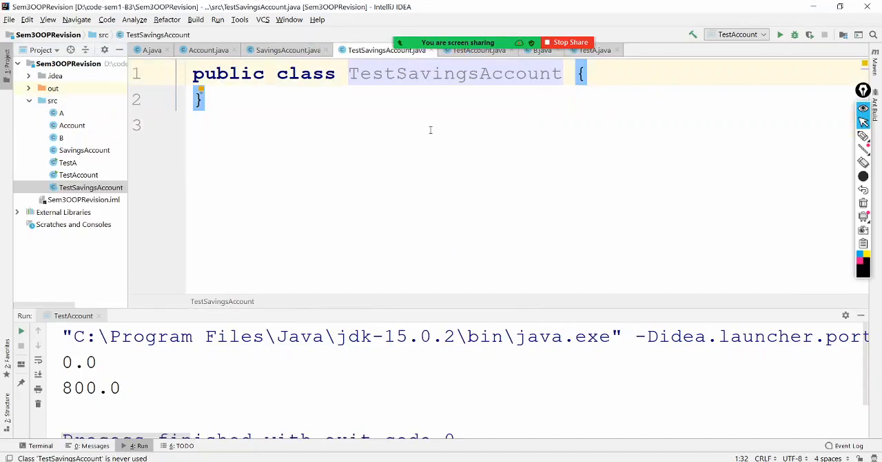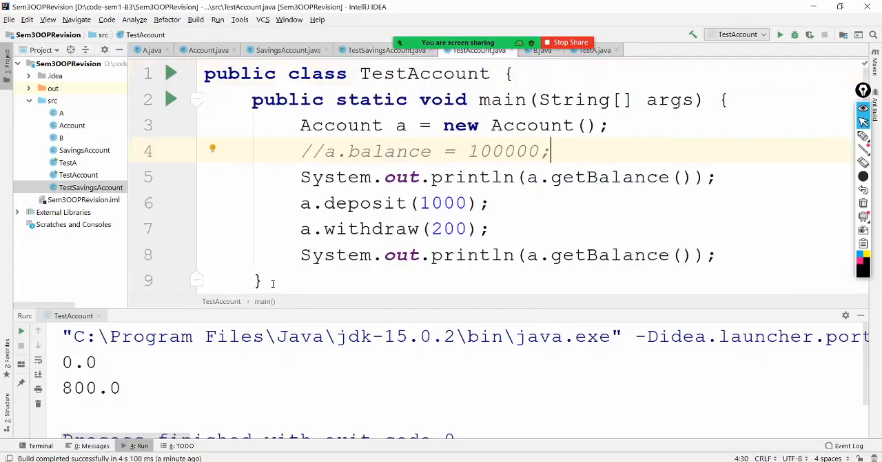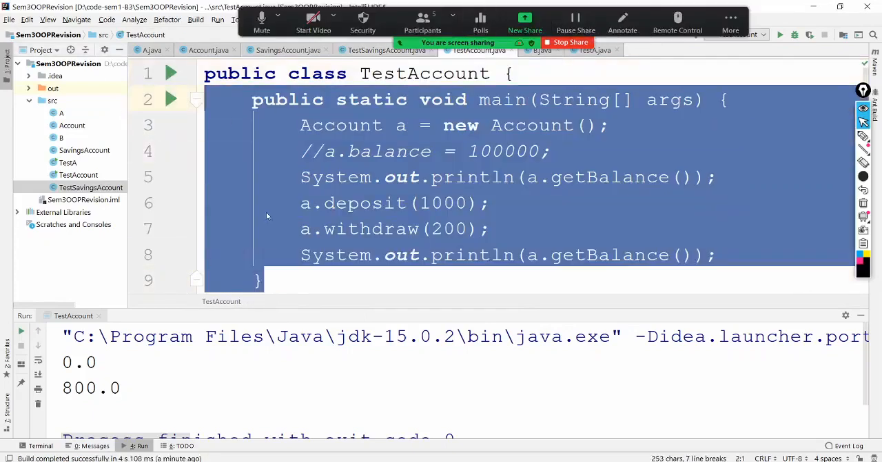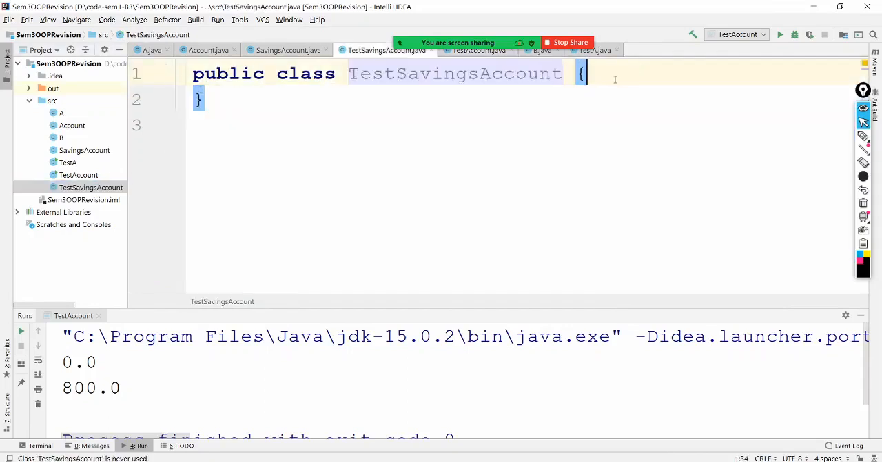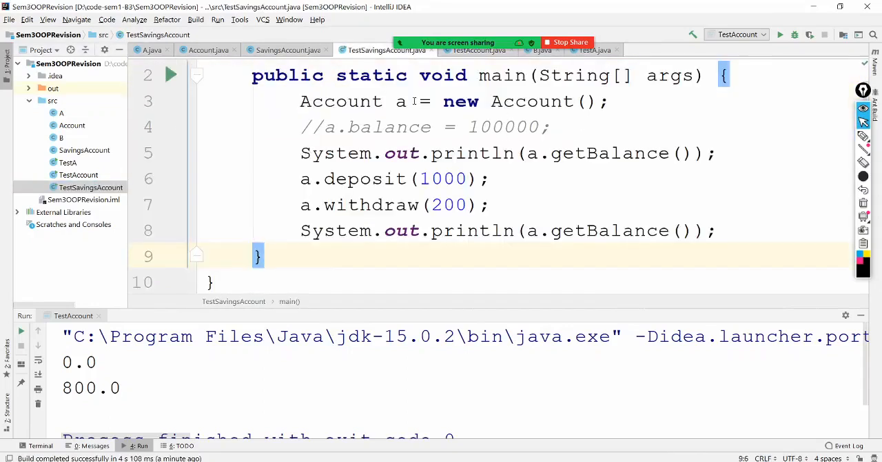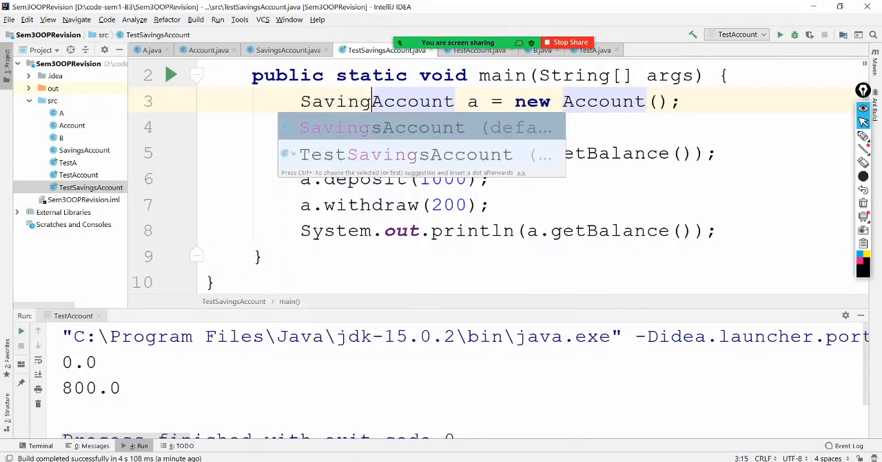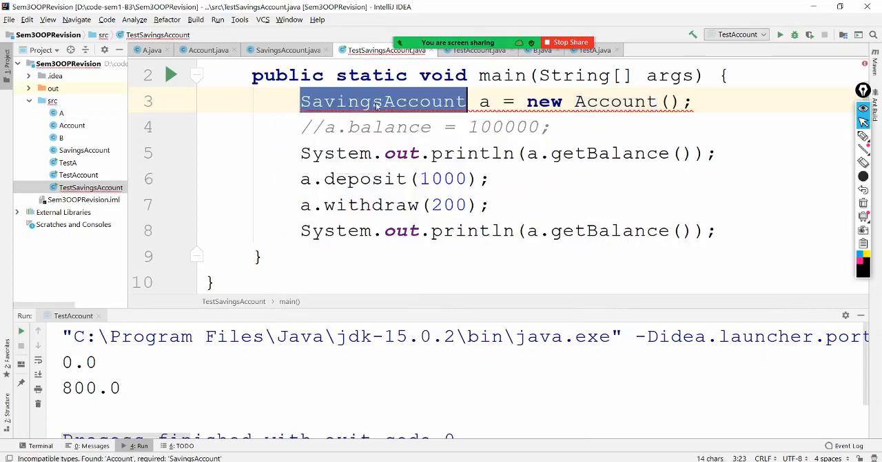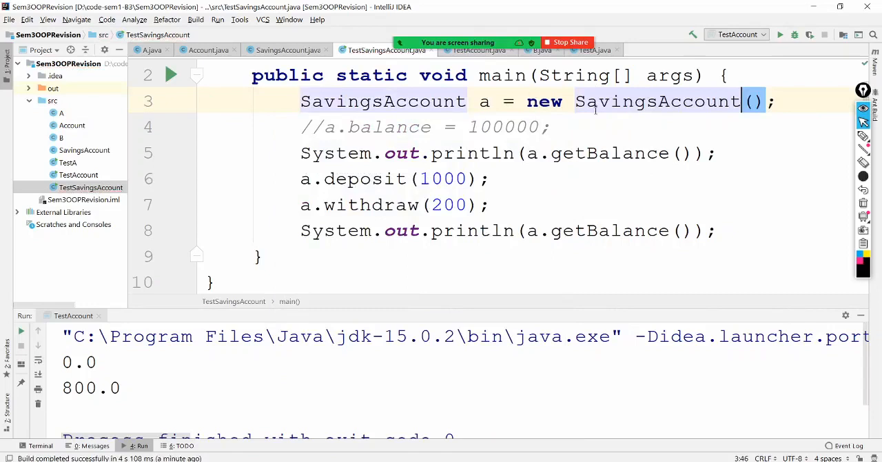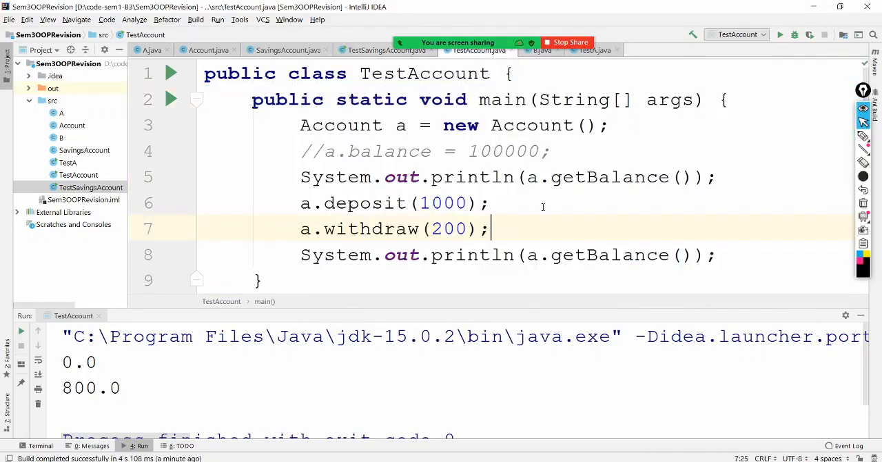Right, so I'm going to copy the test account class, the main method. Let's create a savings account. Now we are seeing what the balance is, then we are depositing and withdrawing. Now in this account test, I can't call something like